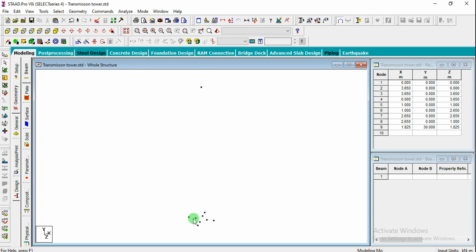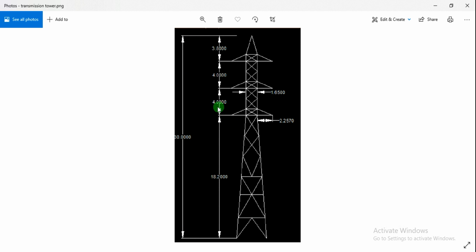Next step, I have to move these inward 4 nodes to a certain height of 18.2 and they have to be repeated at 4 meters from this level and again one more 4 meters and again from here to here we have to give a certain height. So just going for this,